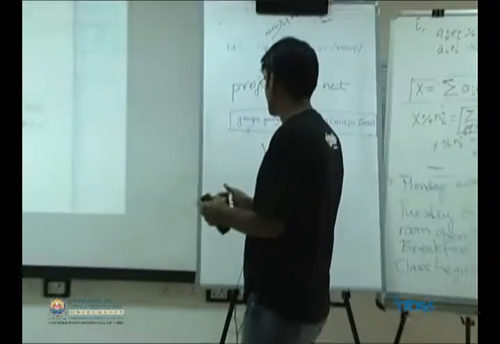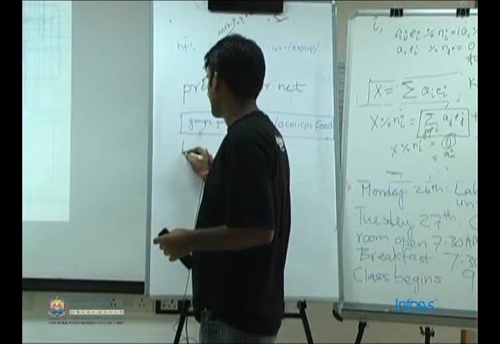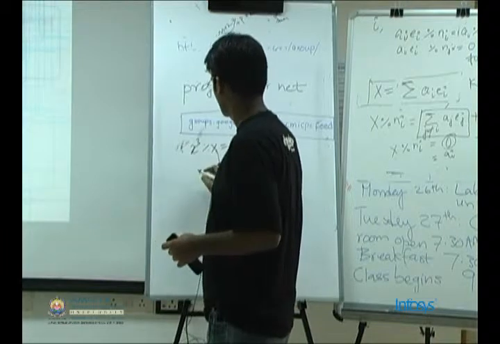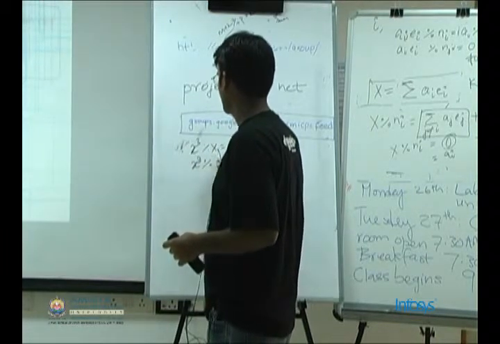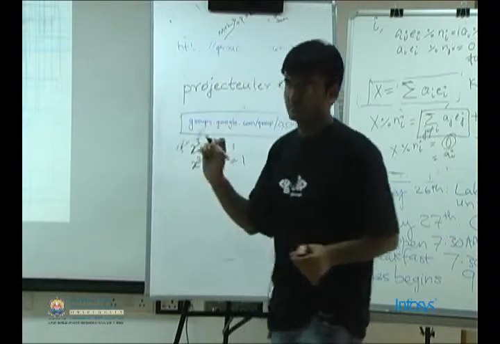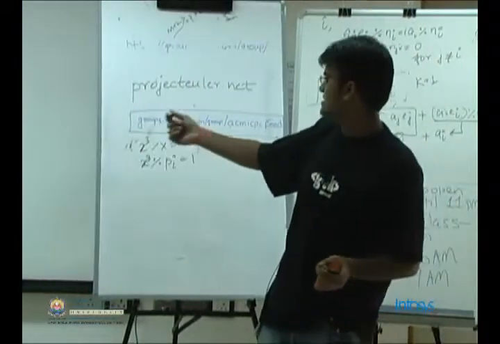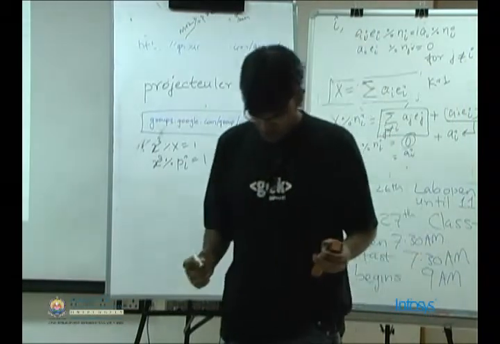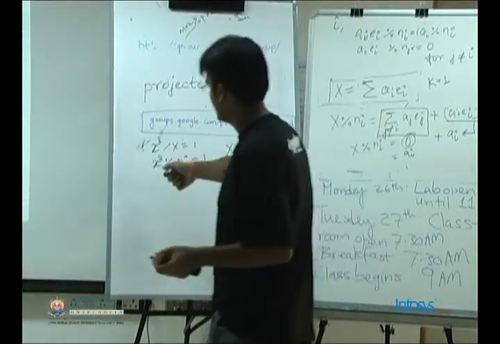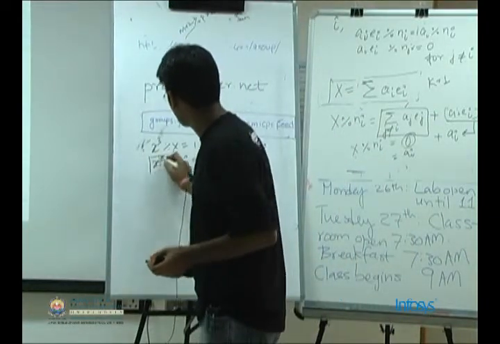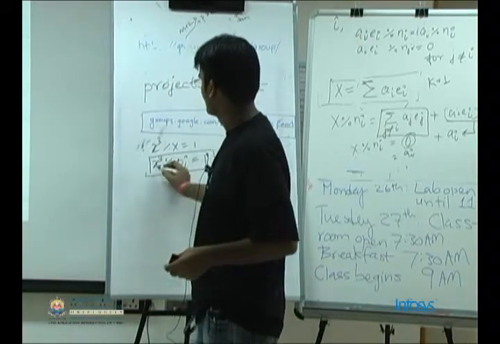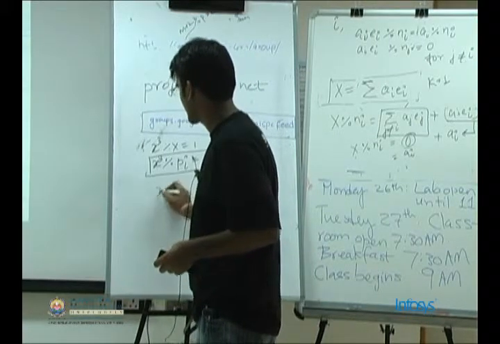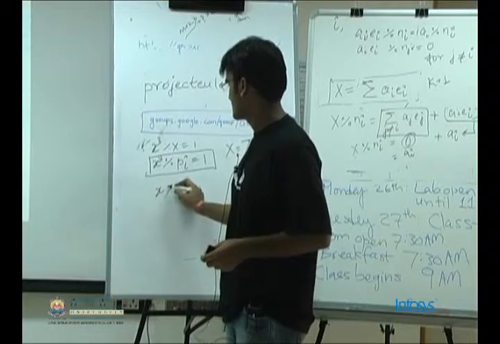So I'm assuming that you did understand the fact that if x cube mod x was equal to 1, then x cube mod pi will also be equal to 1 for every i, since x is the product of pi. If this happens, let's say we just consider this equation. We want to find out what could be the possible values for small x mod pi.